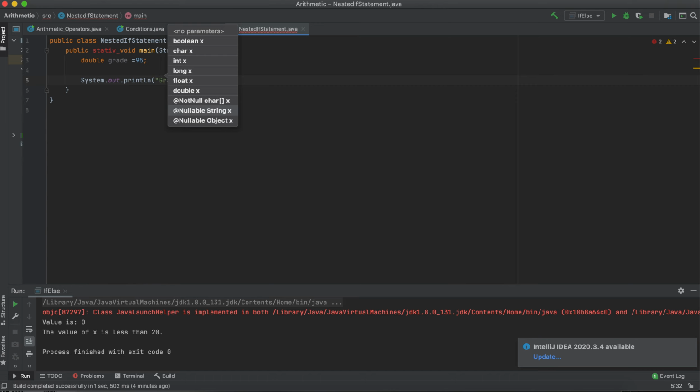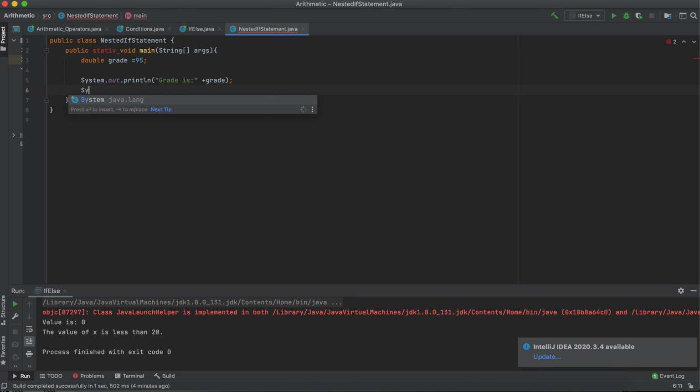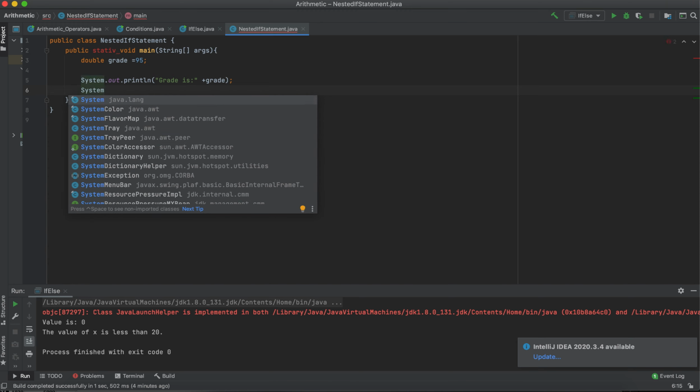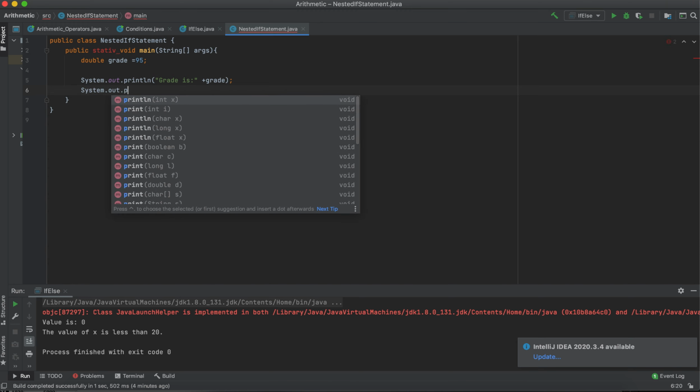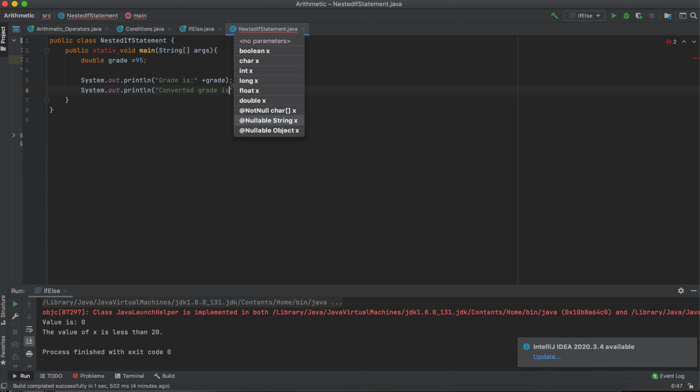Start mo tayo. Grade is... so if you notice, I'm gonna call the variable again here. Ganyan. Itawagin natin, and then that println, and then converted grade is,